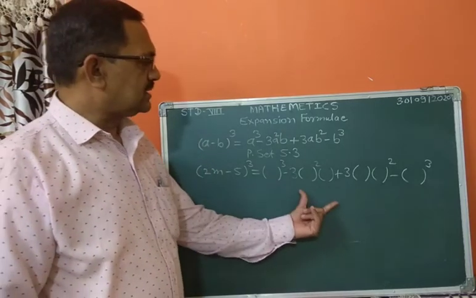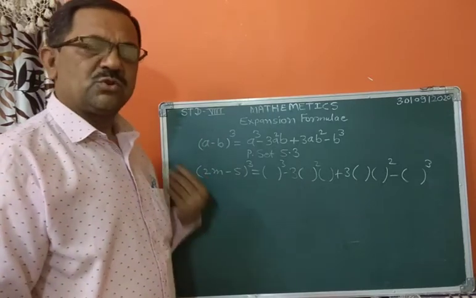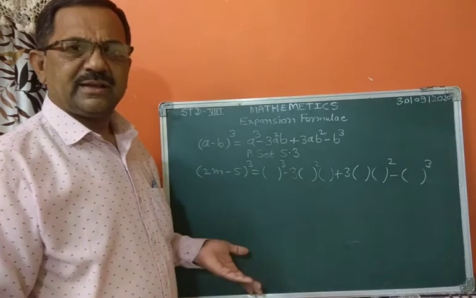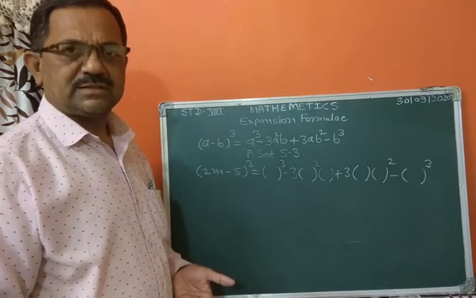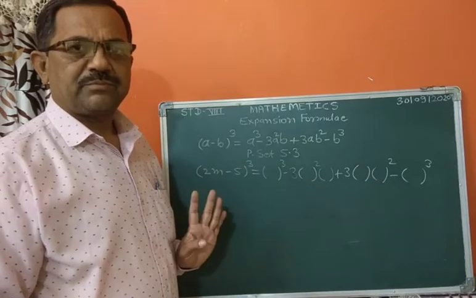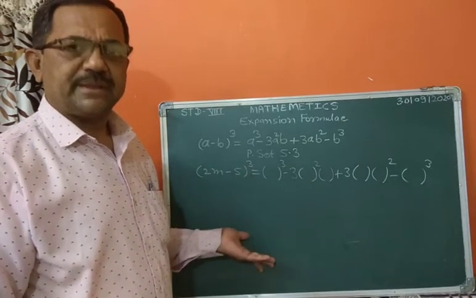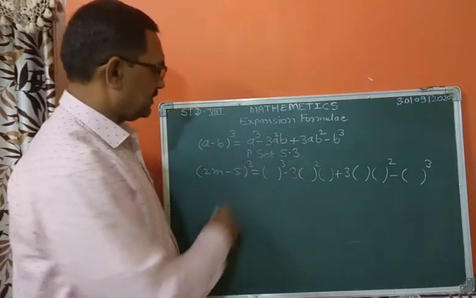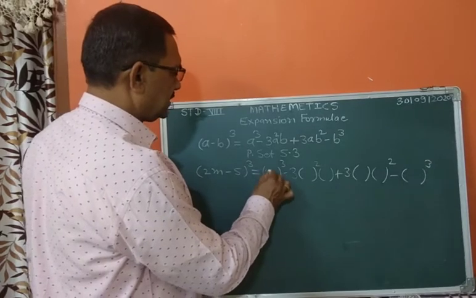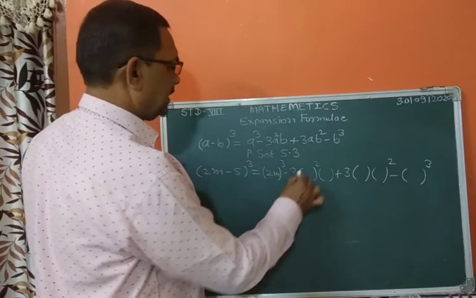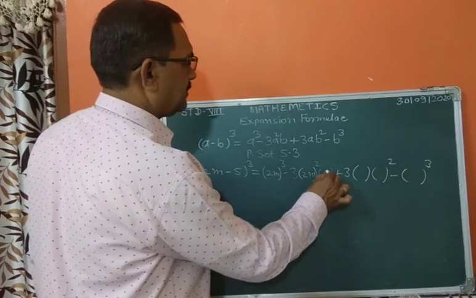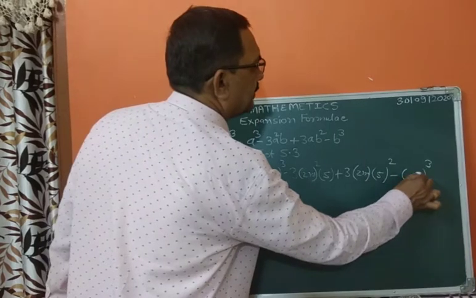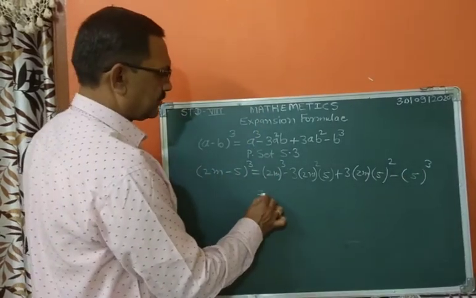If you remember this, then you can solve so many examples, because only the first and second term will be different for different examples, but the formula is the same and the solving process is also the same. Then put the value of the first and second term. Here first term cube, 2m, minus 3 into 2m into 5. Here 2m, 5. Then solve this.